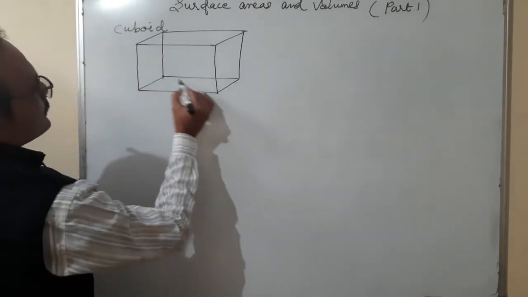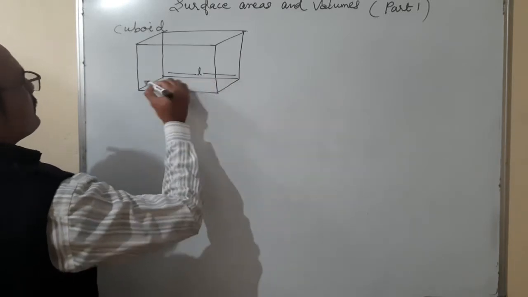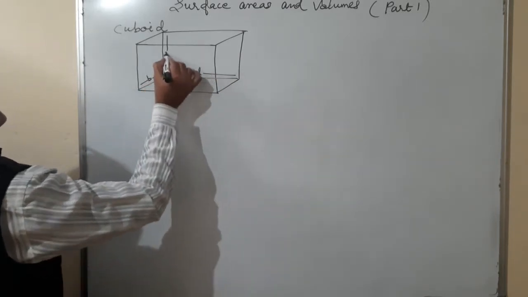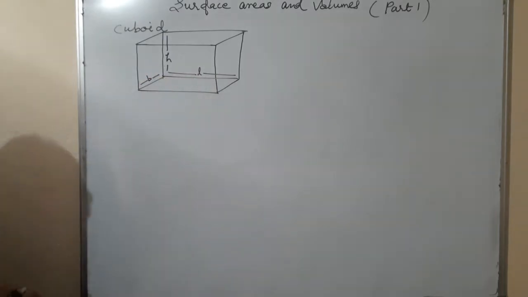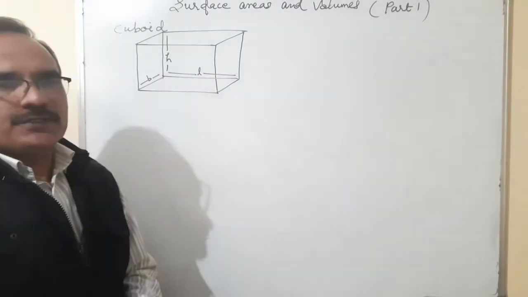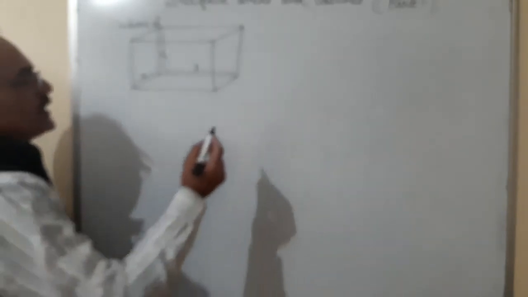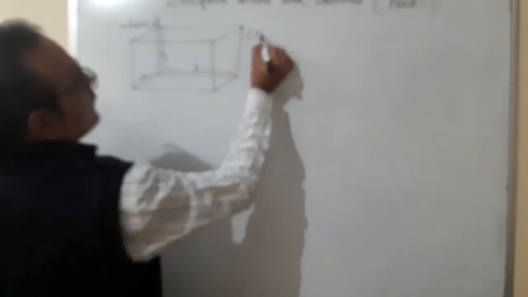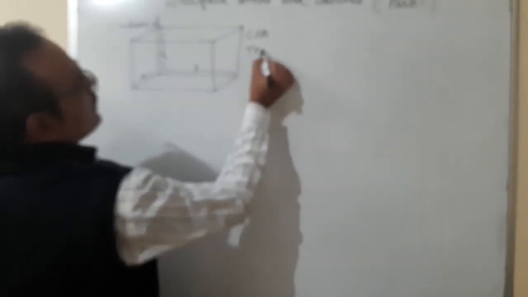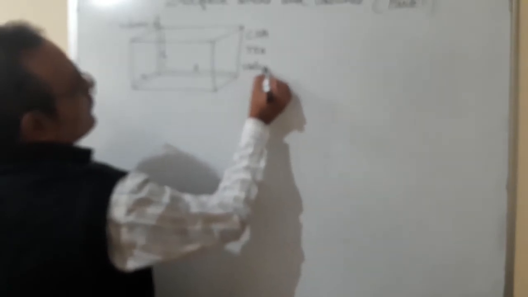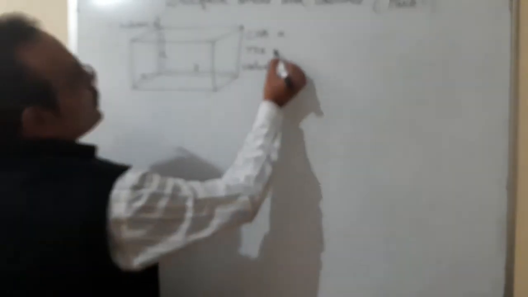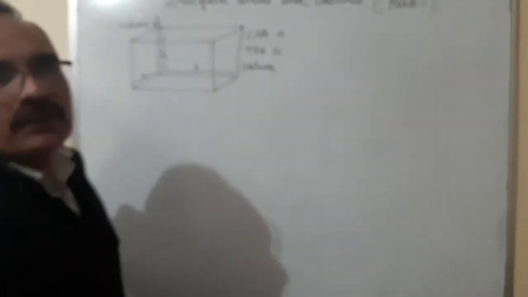I think you have remembered, this is length, breadth, and height. It's a cuboidal shape in which the dimensions length, breadth and height are different, and generally we denote them by L, B and H. So three formulae I am writing for all figures: CSA, curved surface area, TSA, total surface area, and third one is volume. What is a total surface area?